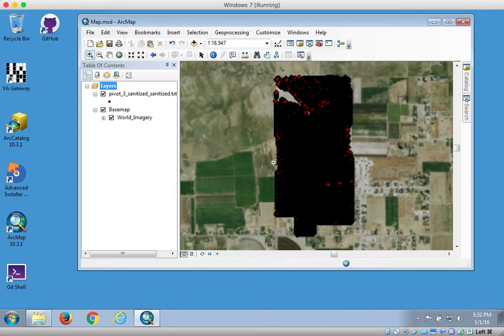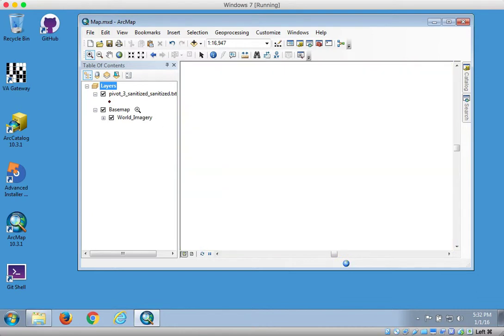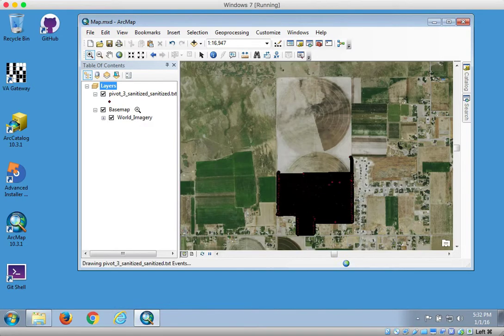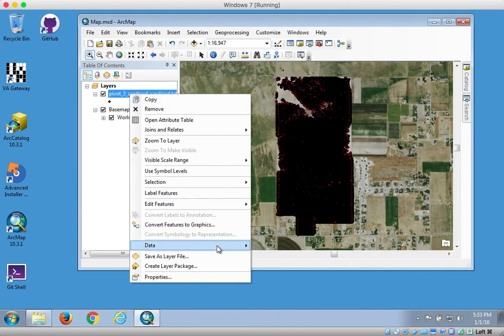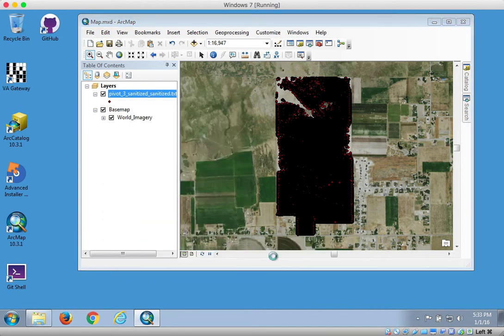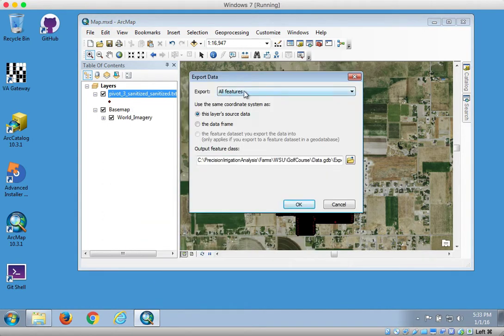All right, now at this point what I need to do is right click on this layer and convert it from an event layer to a feature class. Right now it's just an events layer. I can't really do anything with it. So I'm going to right click and go down to Data, Export Data, and we're going to do all features. And remember, I'm going to do it in the data frame, right? Use the same coordinate system as the data frame